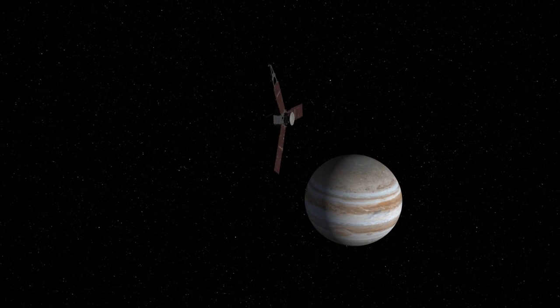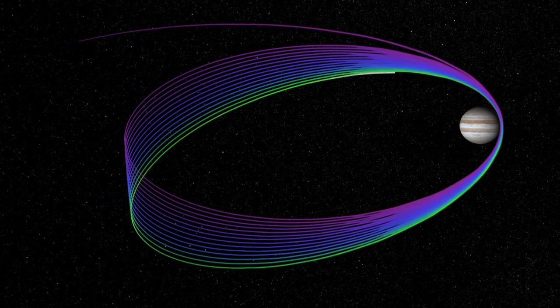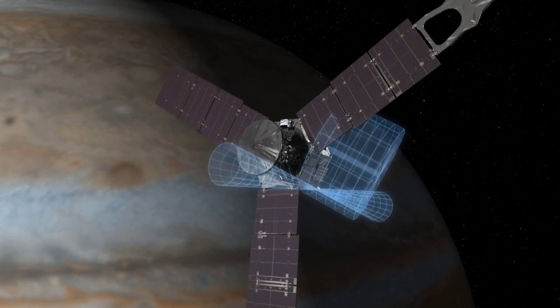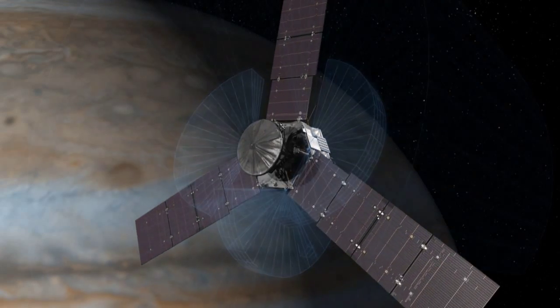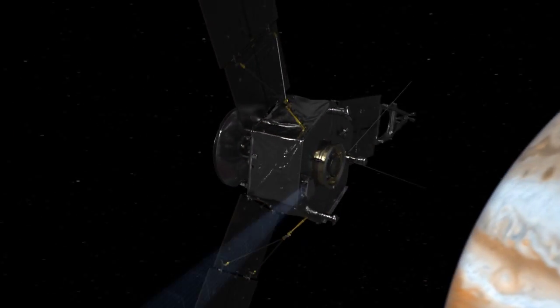Juno's coming in on a polar orbit over the pole of the planet, cutting inside the radiation belts really close, and then going out for a long time, for 14 days, and doing it again over and over. What that lets us do is carry an innovative suite of instruments very close to the planet in a place where no one's ever put instruments before. One of the things that really makes the Juno mission special is our orbit takes us incredibly close to the planet. We're going to be skimming the cloud tops,